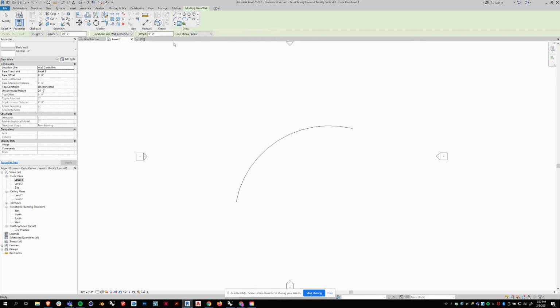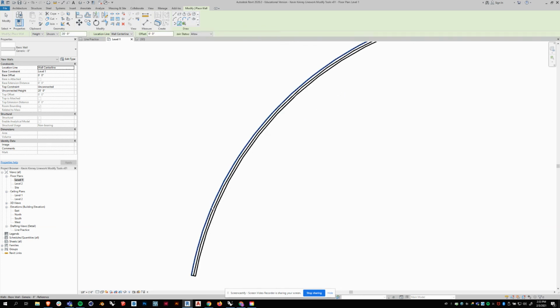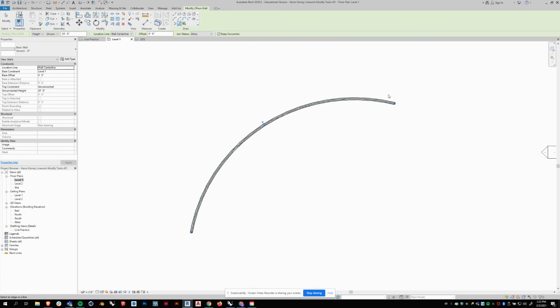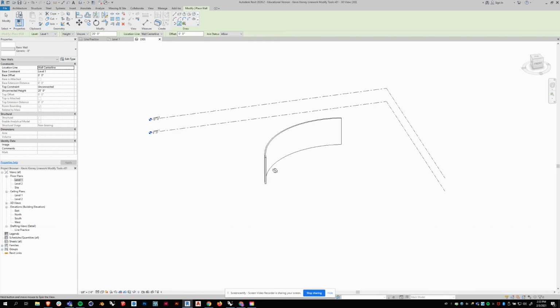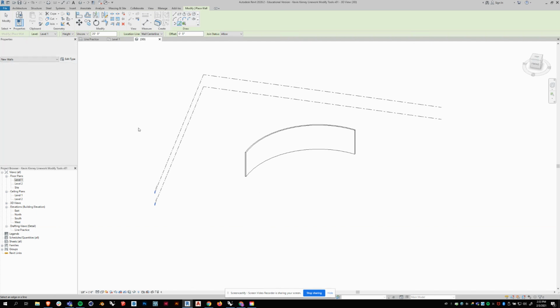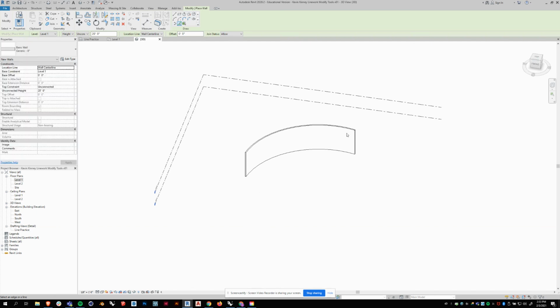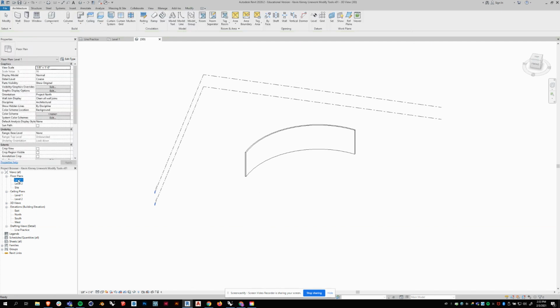So I'm going to pick this line, hover over this wall and click. Hover over that line and click. And now a wall sort of appeared. Well, it did appear right where I put that line. So if I go to my 3D view now, there it is. So keep that in mind, because how useful is that? So let me just kind of show you what I mean. If I go to level 1,